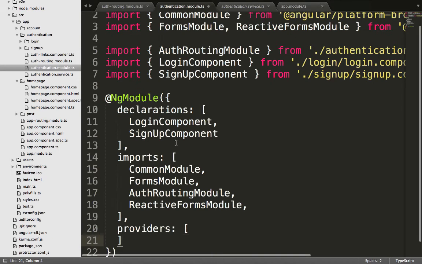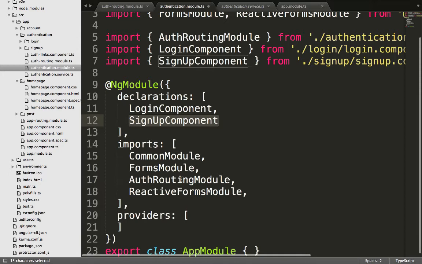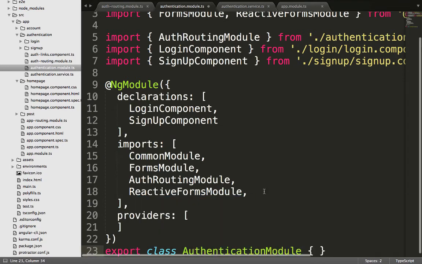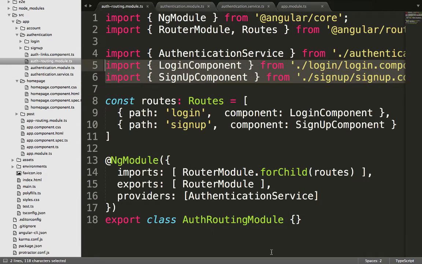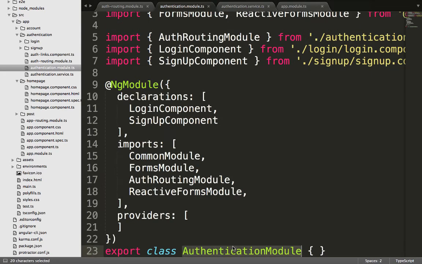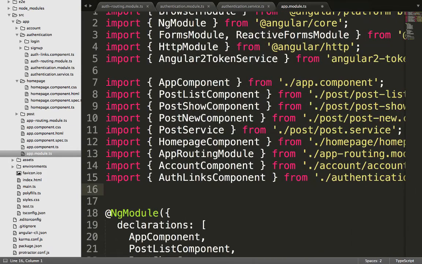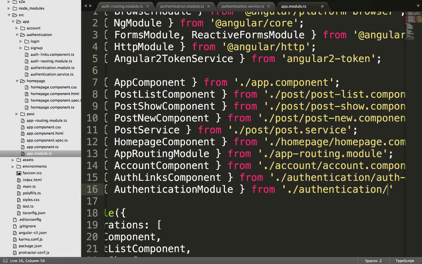So we got the declarations, login, sign up, and common module, forms module, reactive forms module, app routing module, and the only thing remaining now is just to change this name, authentication module. So this is housing all of what we've been doing, including this auth routing module. So this authentication module is what we actually need to be using here. So we can just import it. It can seem a little bit confusing sometimes, but it's actually a very good way to separate your concerns,